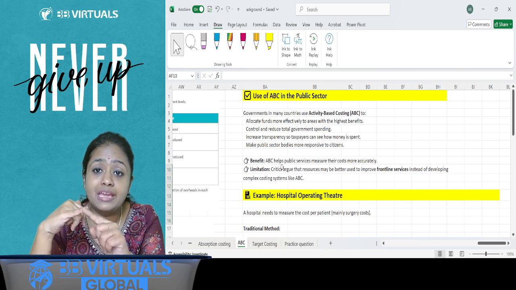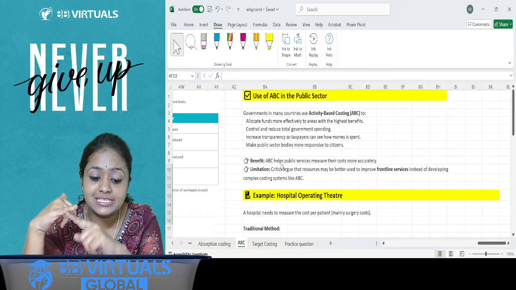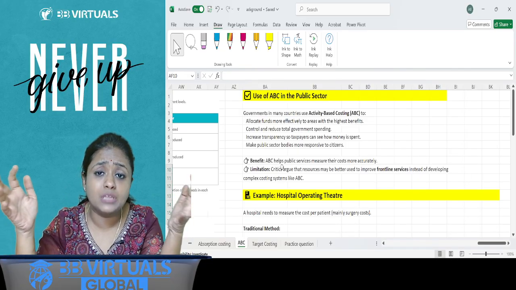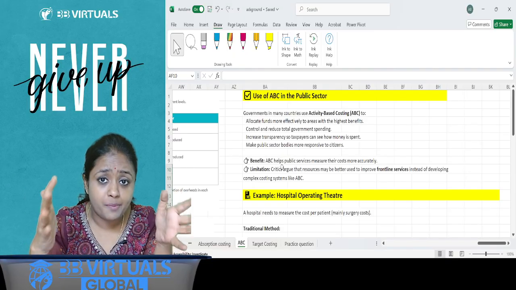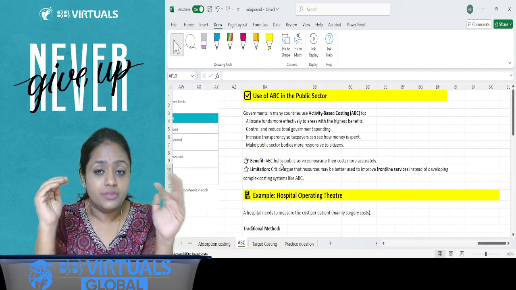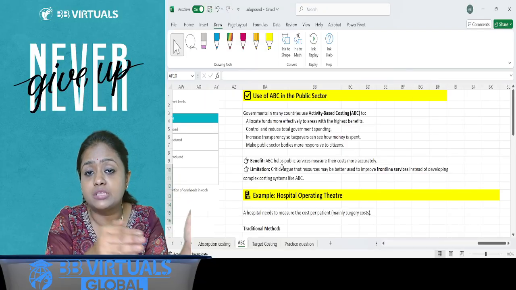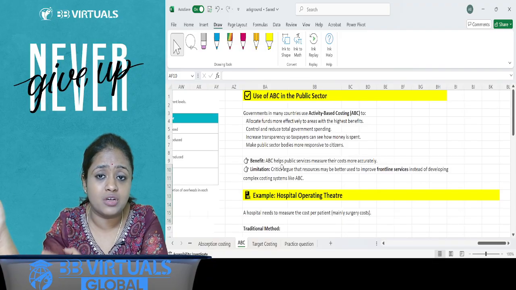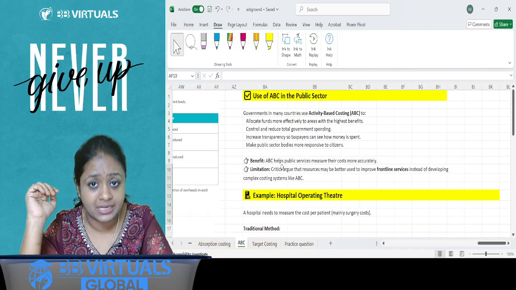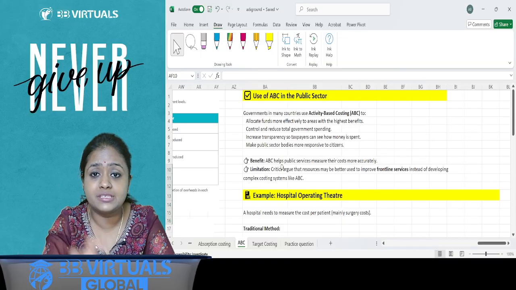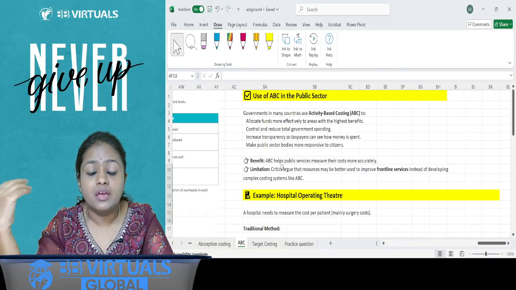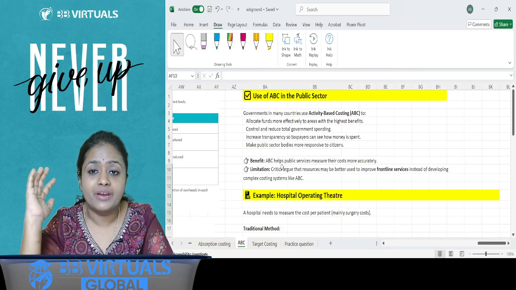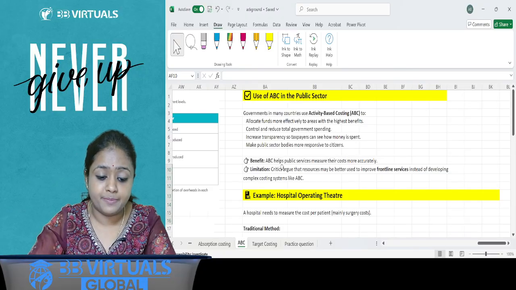There ABC will give you a lot of benefits and will also show transparency to the public: look, this is where your money is spent. I can show you the different activities on which the money has been spent, and the rate per activity, which is the cost allocated to each activity. Let's say the x-ray services, the ultrasound services, the dental services, and so on, right? So we can apply ABC to these.